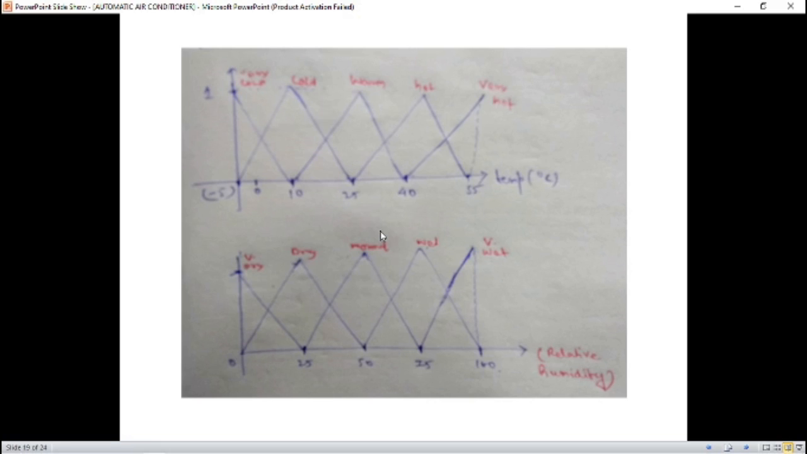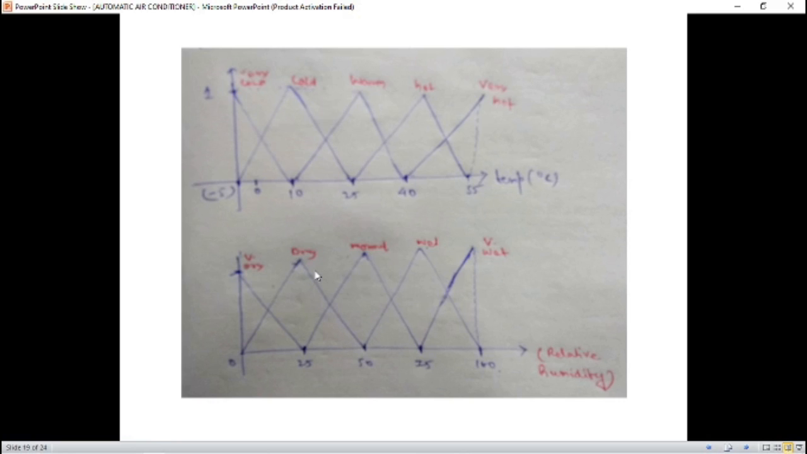So if the temperature is 30 degrees centigrade, it will come inside the warm box, and it will also come within the hot. And if the relative humidity is 32%, this will come inside the normal humidity range, and also inside the dry humidity range. So these are my membership function values, which will be passed through